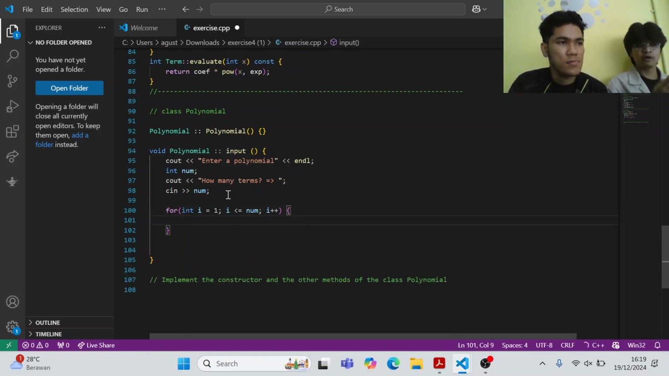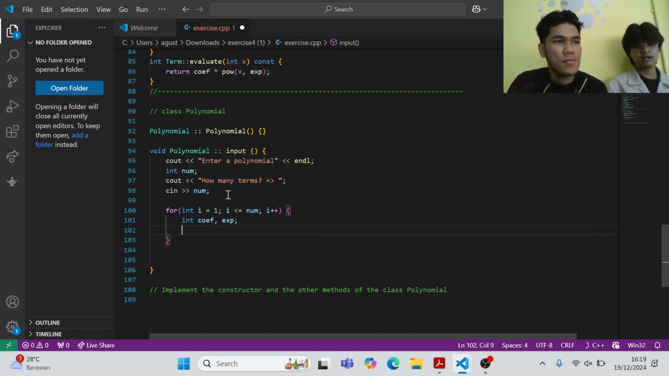And then here we're going to ask the user to input the coefficient and also the exponent. So we can initialize the coefficient and exponent. It could be both because it's the same type. And then after that, we're just going to ask the user, so cout,